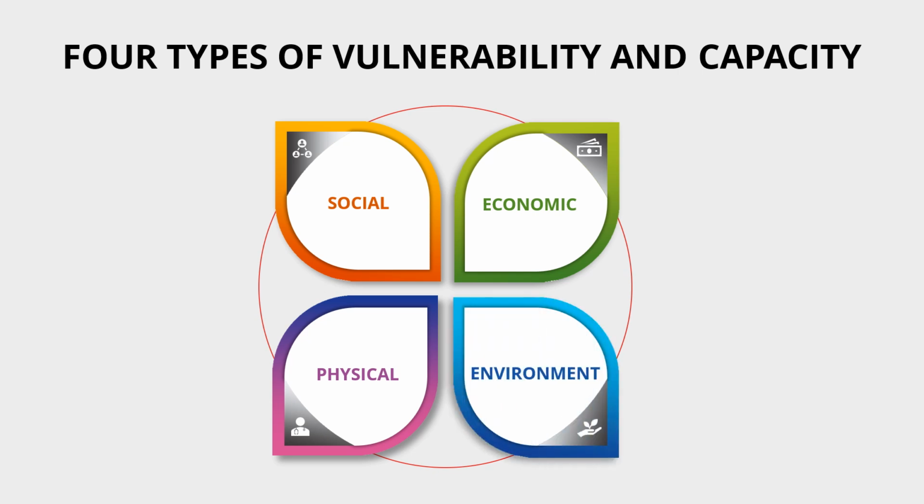The last type of vulnerability: environmental vulnerability and capacity. Environmental vulnerability refers to the ability of a natural environment to be damaged and degraded as a result of natural or man-made disasters. They can significantly disrupt ecosystems, leading to loss of biodiversity, erosion, and water and air pollution. A good example of this is soil degradation in a coastal zone, and a great example of environmental capacity is planting mangroves that can actually protect the coastal area from erosion.